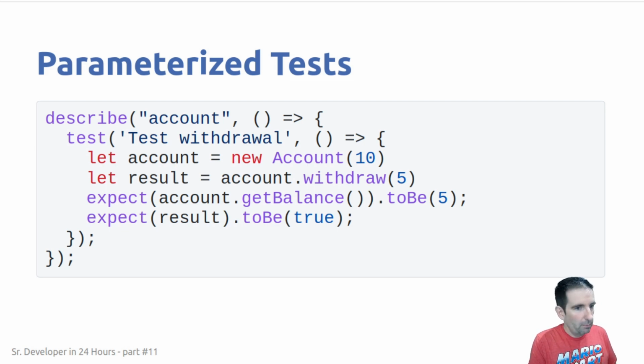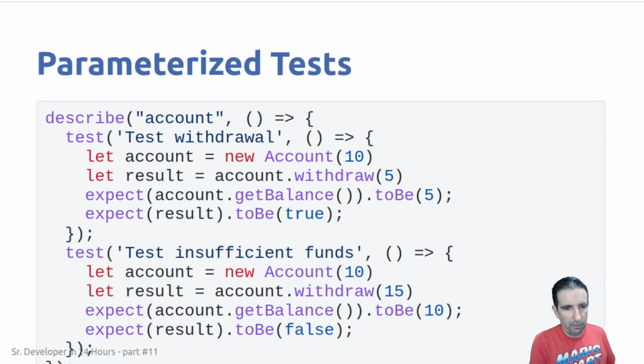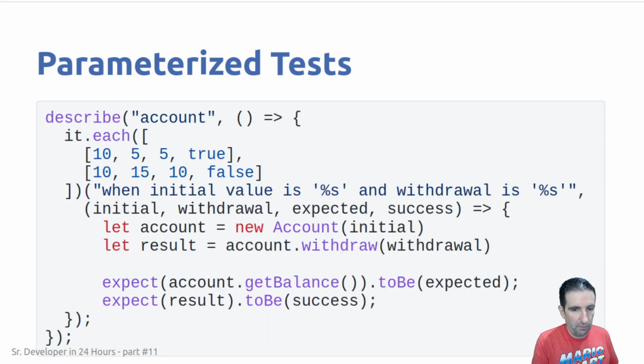And that's great. But then we have to start testing other cases. So we end up with another test case for testing insufficient funds. And if you see here, it's basically the same test. We just have slightly different inputs and obviously different outputs. And as you can imagine, this can get really unmanageable pretty quick. So, for example, a framework like Jest, which is the one that we're using for this small JavaScript example, allows us to specify a list of parameters